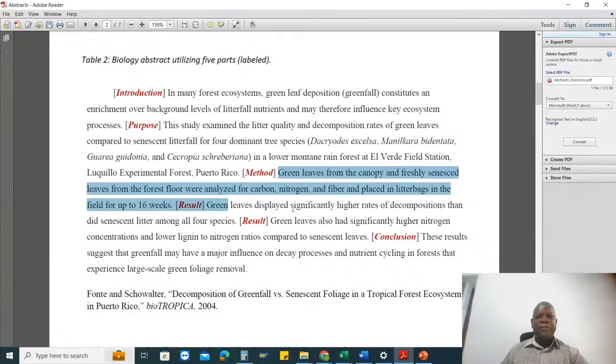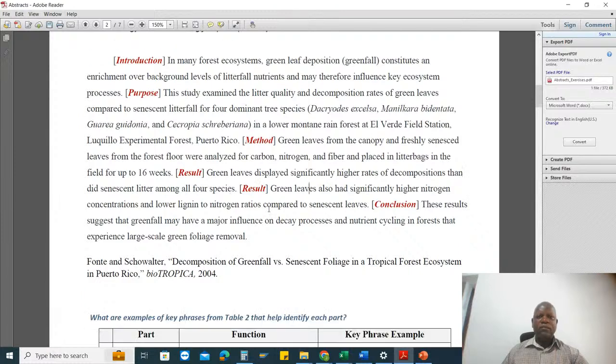We are talking about the results. Green leaves displayed significantly higher rates of decomposition than did senescent litters among all 4 species. Green leaves also had significantly higher nitrogen concentration and lower lignin to nitrogen ratio compared to senescent leaves. That is the results. Then the conclusion: these results suggest that green fall may have a major influence on decay